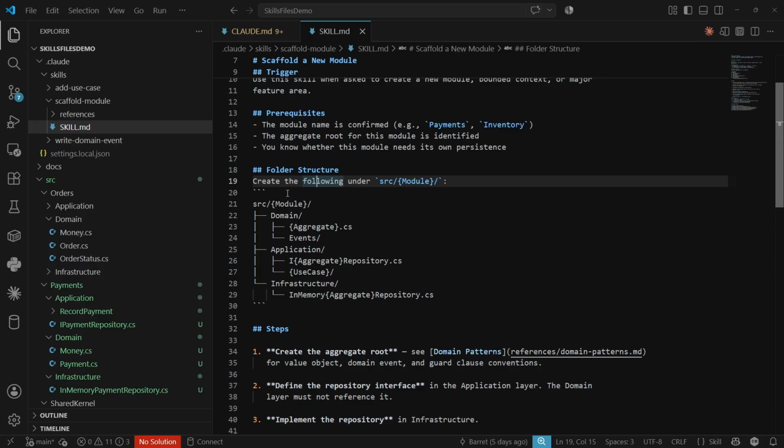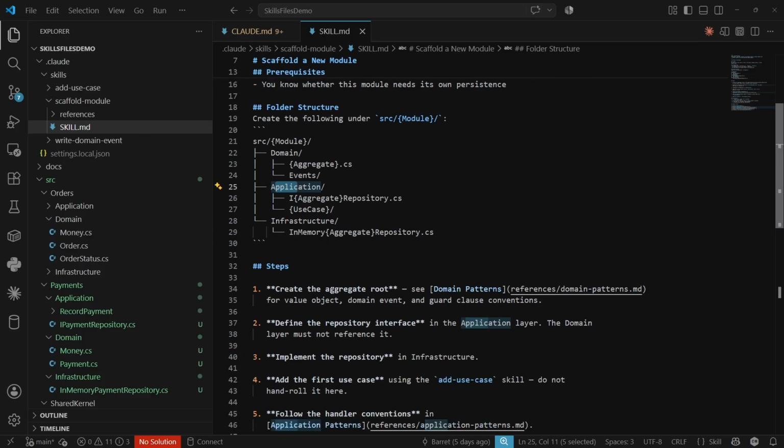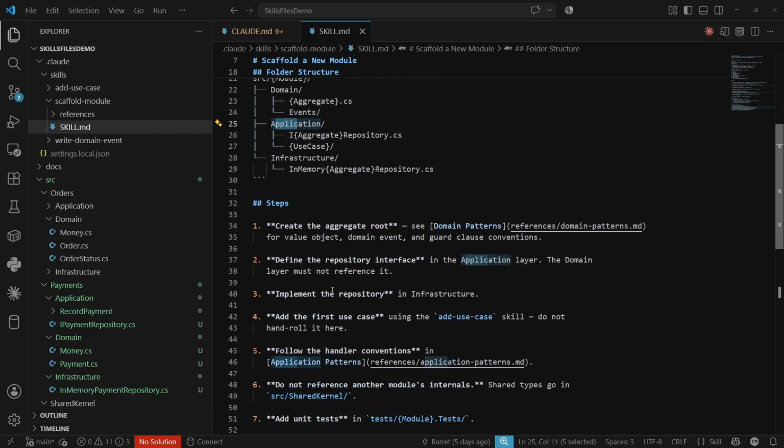We've got our folder structure here. So saying, okay, when you create a new module, this is what the structure of that module will be. So, in our source, we're going to have a module folder. Under that, we're going to have a domain folder with an aggregate, potential events subfolder. We've got an application, and so on and so forth. So you're being very clear and specific in how that module should be structured in the code in creating the files. That's the kind of detail that you want to include in the skills files that you would not include in